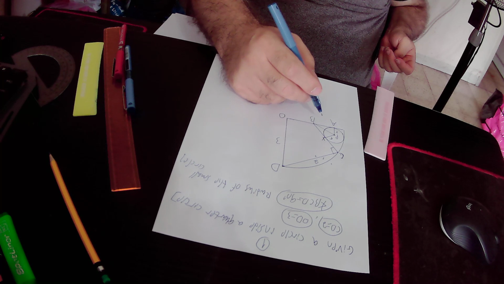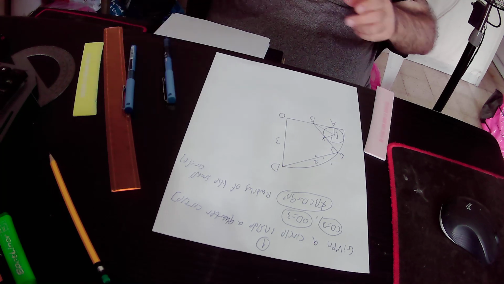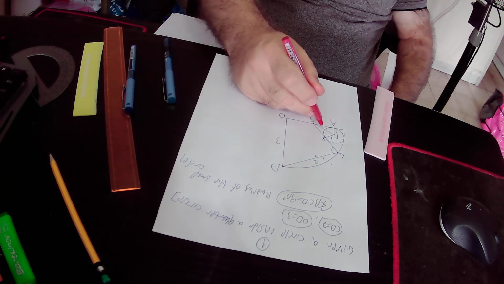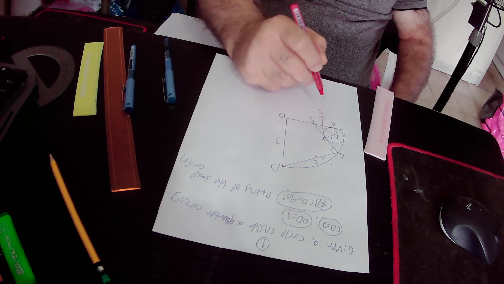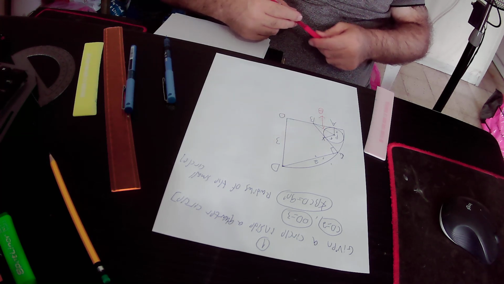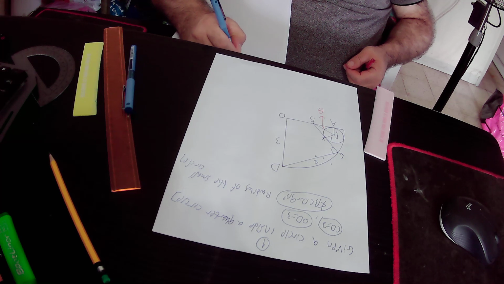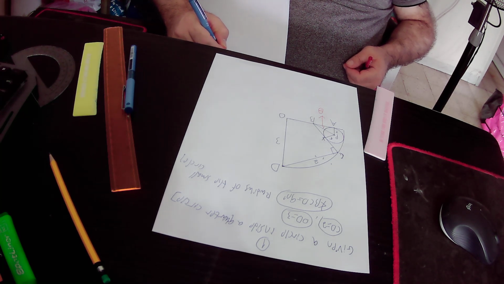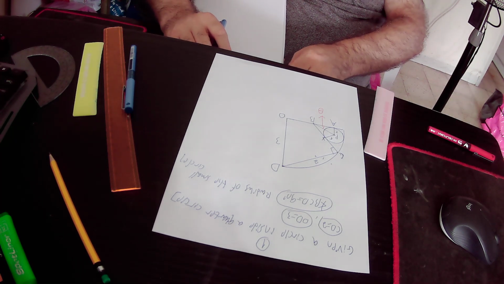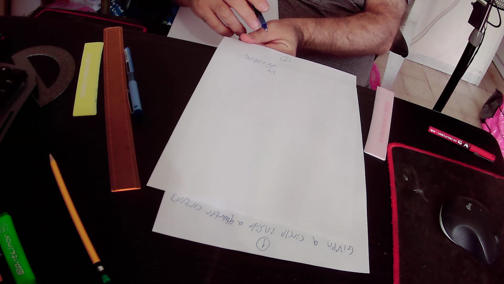And we will define angle ABP as theta. Okay, so this angle is defined as theta, and actually tangent theta equals AP over AB. Again, tangent theta equals AP over AB,